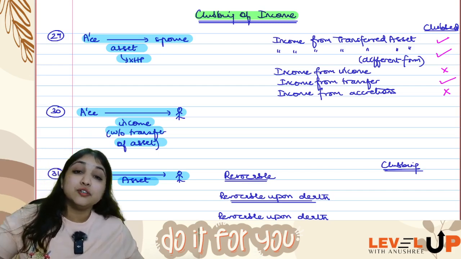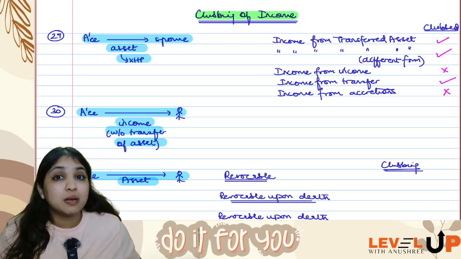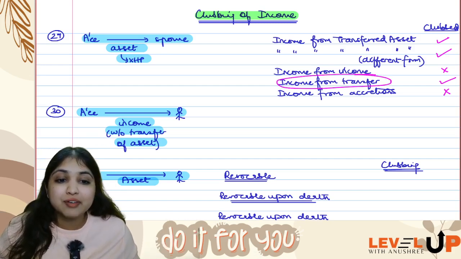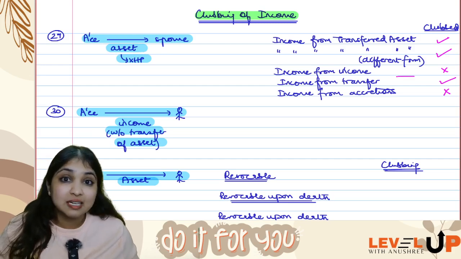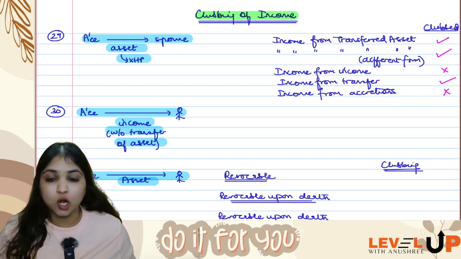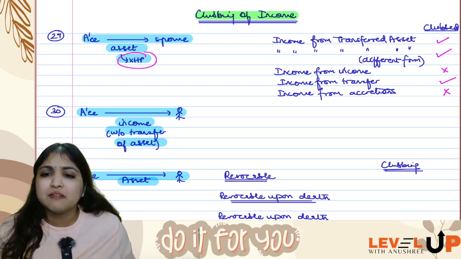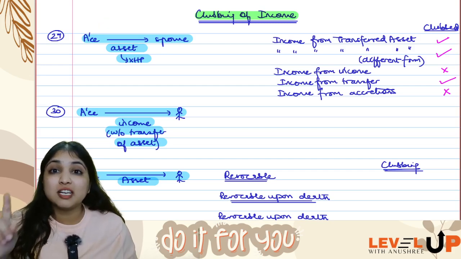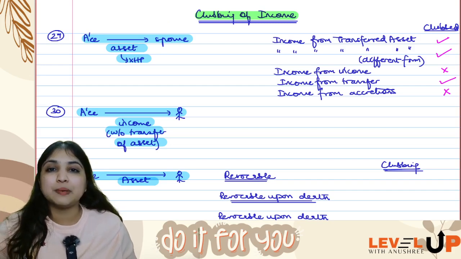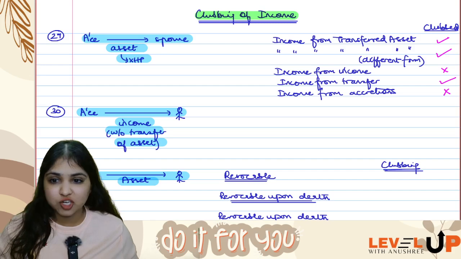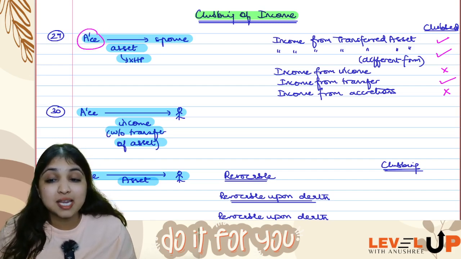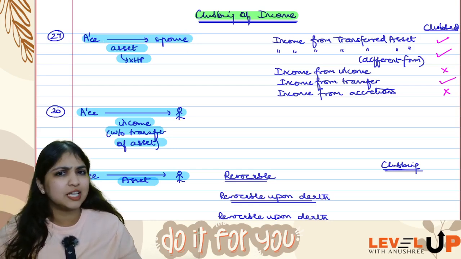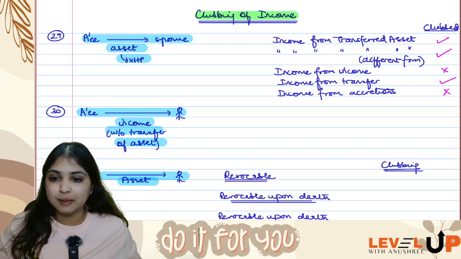Income from transferred asset in a different form also you will club. Income from income you will not club. Income from transfer of the transferred asset you will club. Basically, if you have any capital gains from transfer of this asset, that also you will club. Income from accretions you will not club. But this asset should not be house property. Why? What if it is house property? If the assessee is giving a house property to his spouse for no consideration or for inadequate consideration, the deemed donor concept under the IFHP chapter will apply and not the clubbing chapter. Alright guys. But however, if the assessee and spouse have an agreement to live apart, that is, a divorce proceeding is going on between them, neither will the deemed donor concept apply nor will the clubbing concept apply.